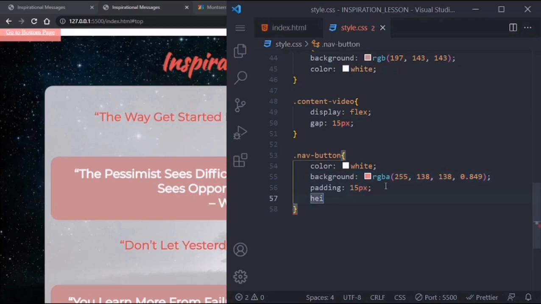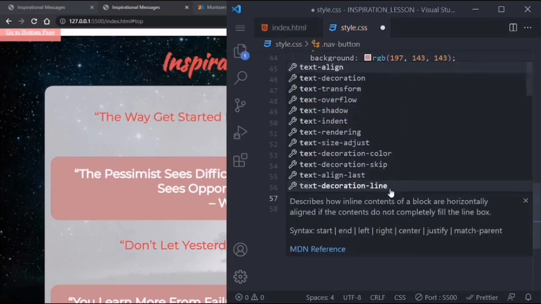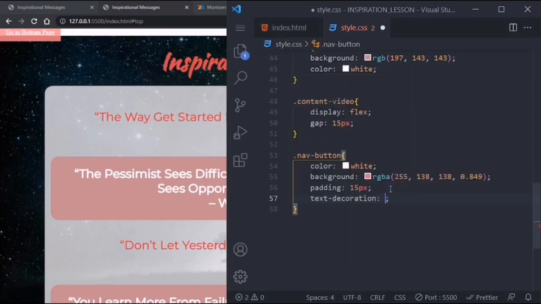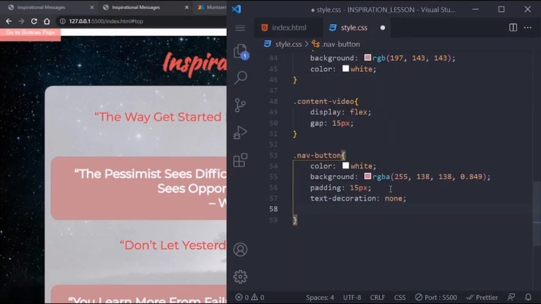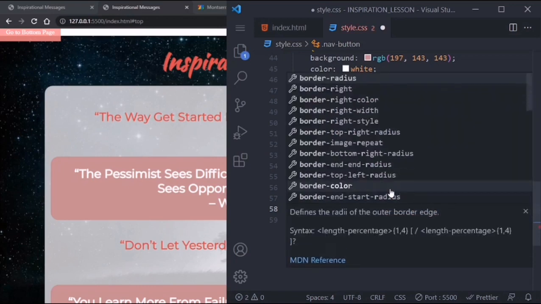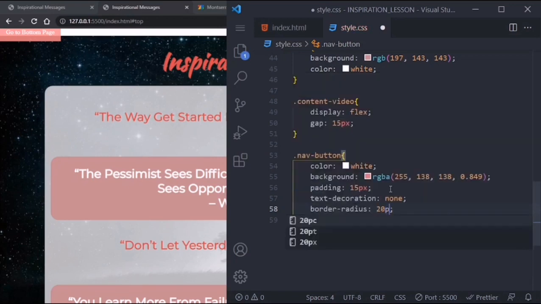Same time, let's try to set text decoration to none, so para matanggal yung underlined. If we added the padding or the border radius of 20px,